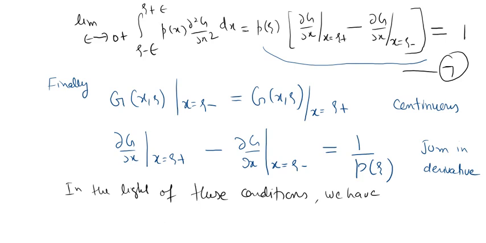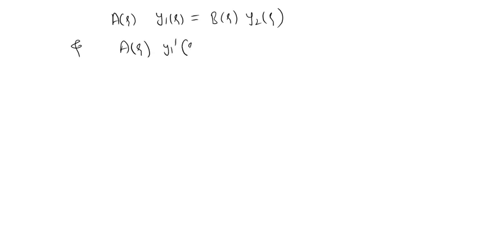So just put in the continuity condition. The first condition is: left-hand side a(xi) y1(xi) equals b(xi) y2(xi), continuity. And the second, the jump in derivative: a(xi) y1 prime minus b(xi) y2 prime, the derivative of the solution, is equal to, I am writing it in reverse manner, minus 1 by alpha(xi). So just solve this system.